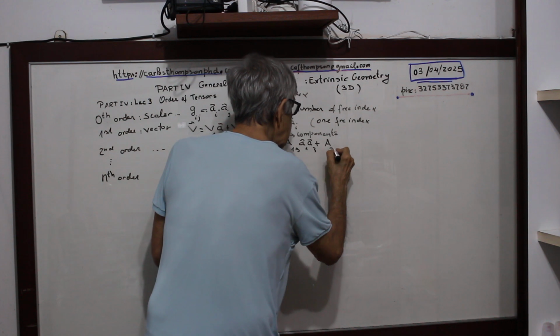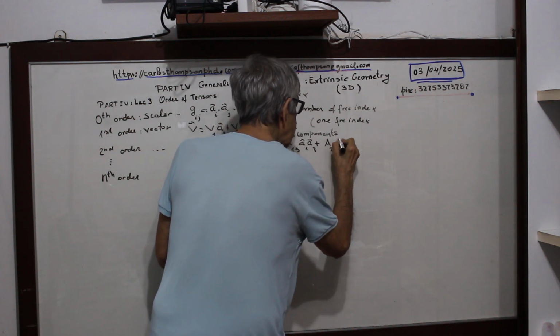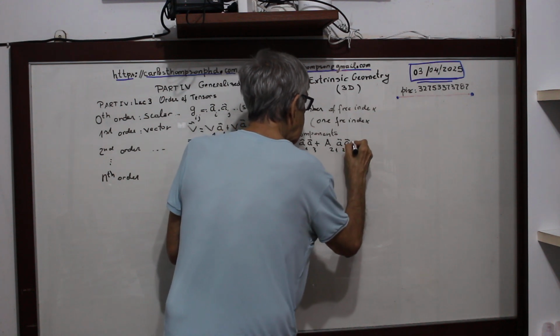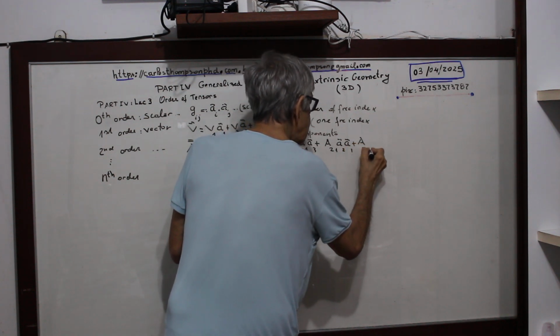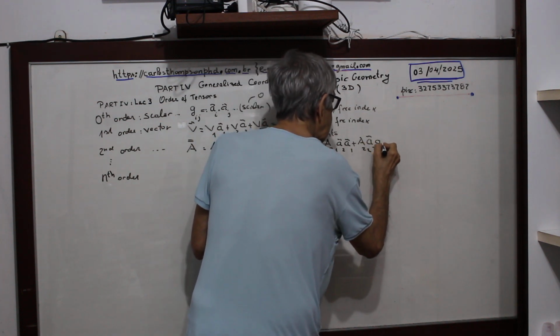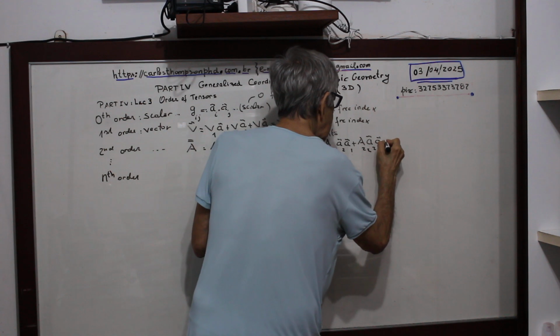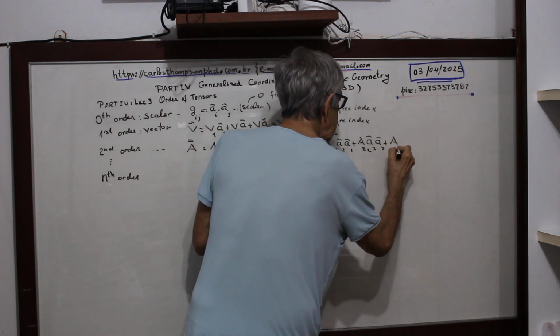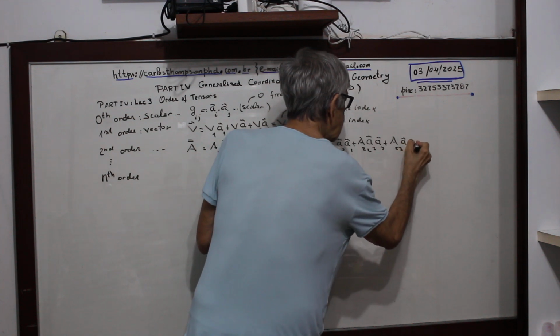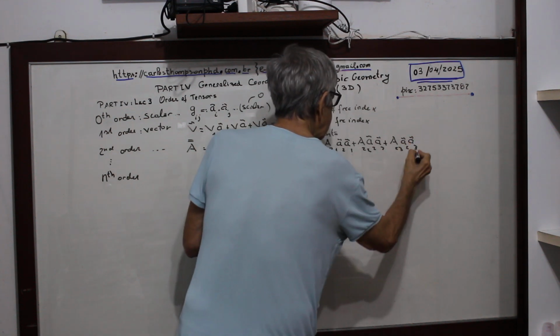Now it's 2. A21 A2 A1 plus A22 A2 A2 plus A23 A2 A3,